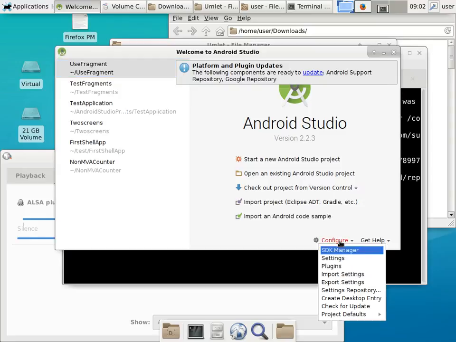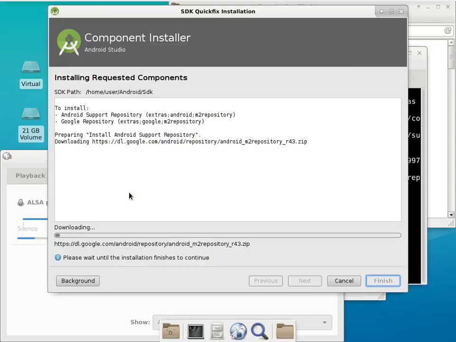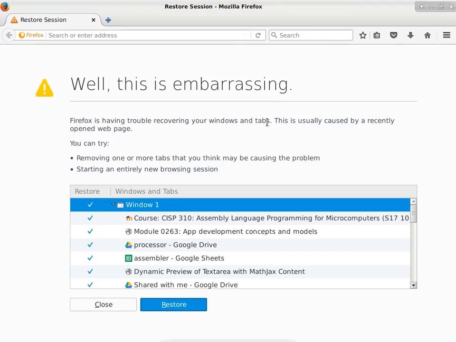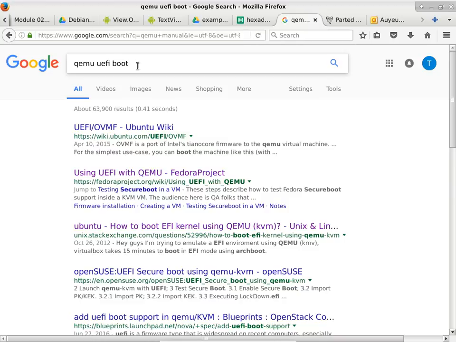We go to configure, and then we check for update. So right here it says there's an update. There are actually some major components to be updated in this case. So we'll go ahead and select update now to let it update itself. And while it is doing this, we can go to the website, go to Moodle, and we can then take a look at the new notes that I have prepared. For those of you who were in